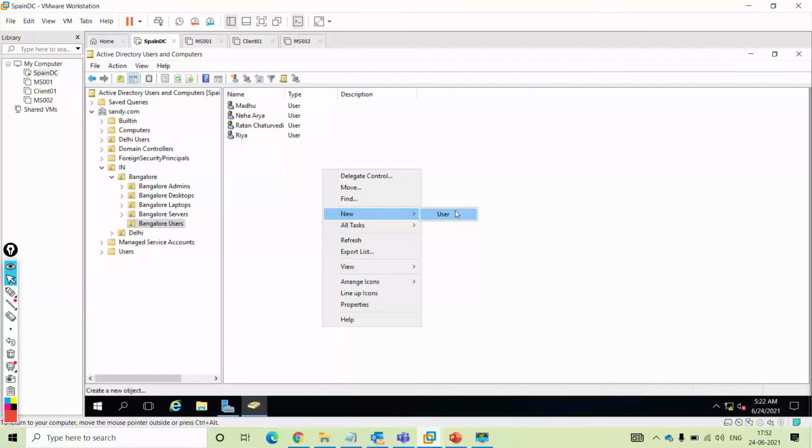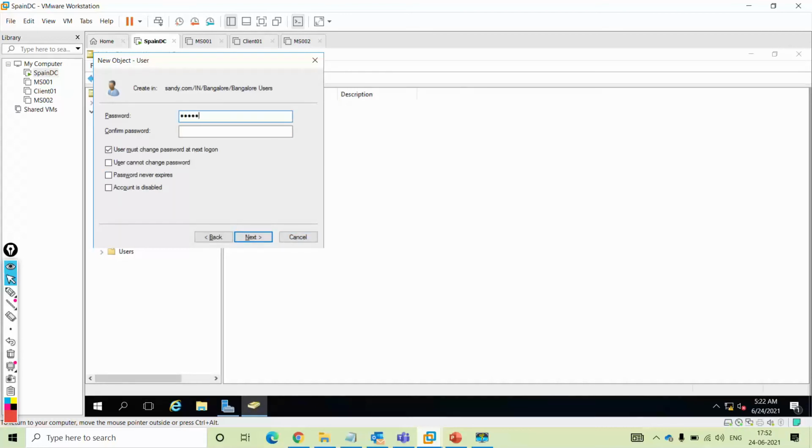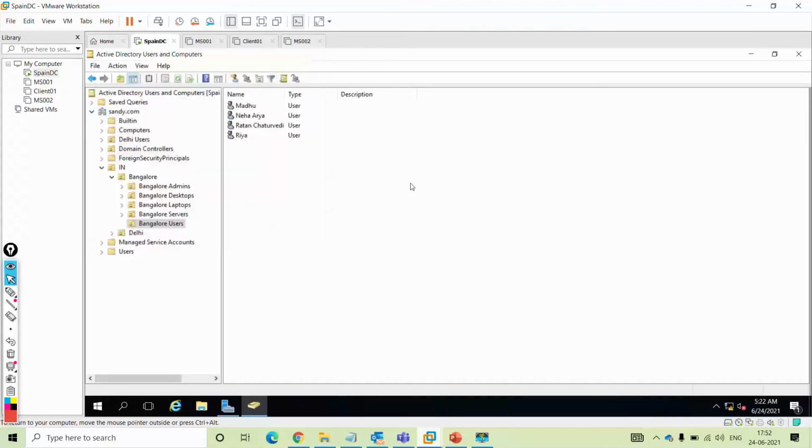So Simran and administrator both have full rights to create any object, whereas Shweta is able to create only a user. Right, so let's say we'll create a user Surabhi. I don't know whether the spelling is right or wrong. Password India@123. Next and finish. Right, so we have created a user Surabhi. So she is able to create a user Surabhi.